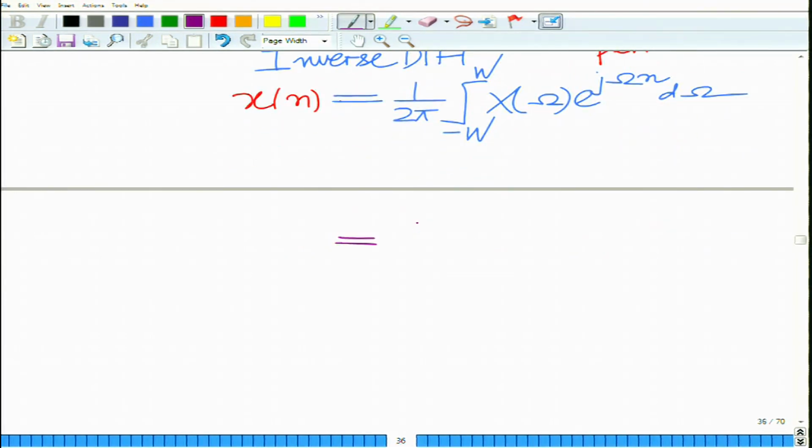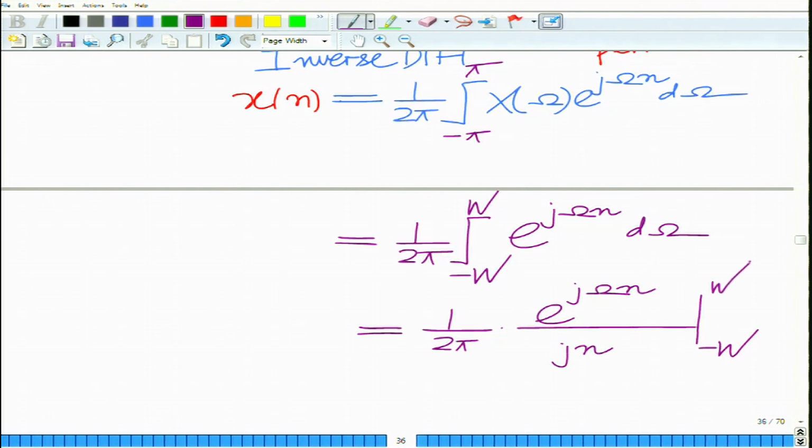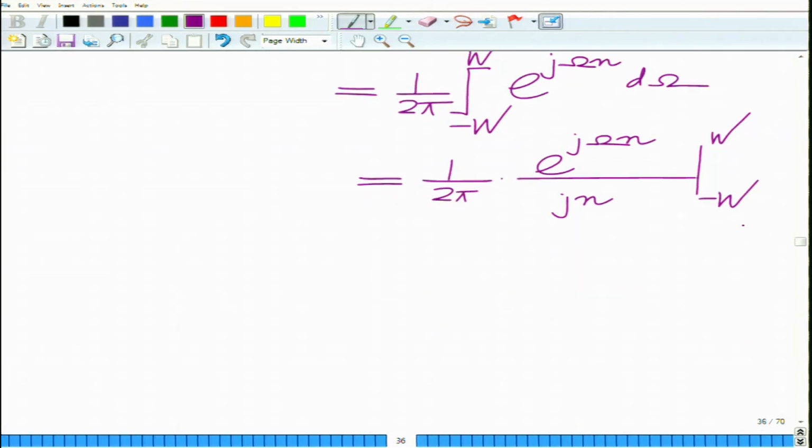Since X of omega is 1 only in the interval minus W to W, this reduces to 1 over 2 pi times the integral from minus W to W of e raised to j omega n d omega, which is 1 over 2 pi e raised to j omega n over j n, evaluated between the limits minus W to W,